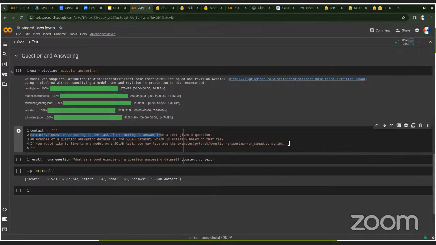So it could be longer, and you just have this long text and you want to say, what's a good example of a question answering data set? And so you just put in a question, put in a context. These are all arguments to this method or to this object, Q&A. Right? The Q&A object, these are the arguments, question and context. So when you do that, you assign it, it's going to spit out a result,